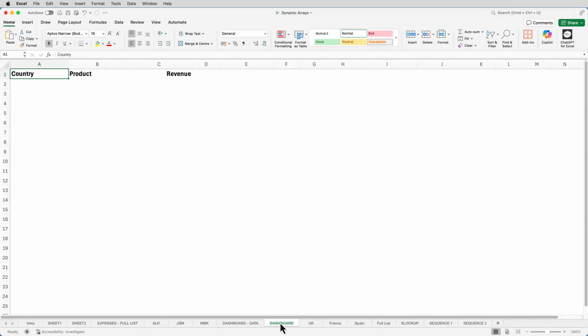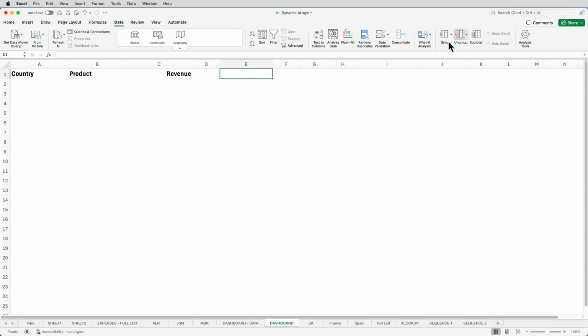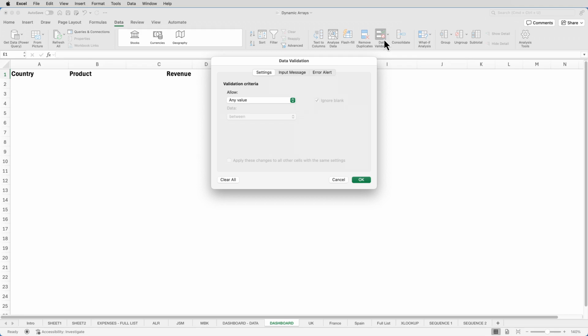So as I said, what I want to do on the dashboard in E1 is have a drop-down list that lists the names of the countries. The user selects a country, and in row 2 and below, in columns A to C, the dashboard displays the sales for each flavour for that country. Let's build the drop-down first. So I'll go up to E1 and go to Data and Data Validation. Then change the Allow to List, and into the source box I can type the names of the countries separated